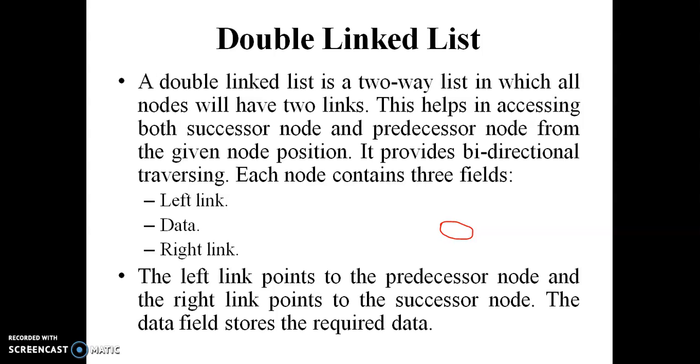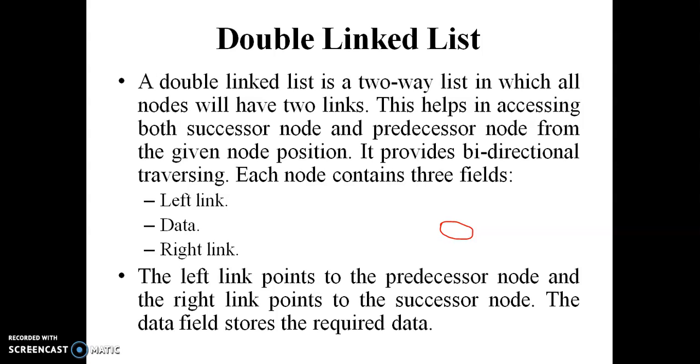For the normal node, we have only one link that points to the next node of the current node. But here it will point to the previous node and also the next node. Say you have the value 20 in the linked list, its previous node is 10 and next node is 30. Then the 20 node has two pointers: one pointer points to the 30 node and the other pointer points to the previous node, that is 10.